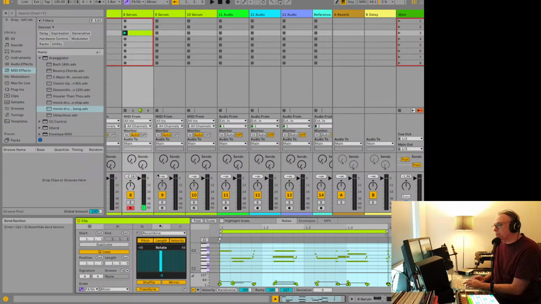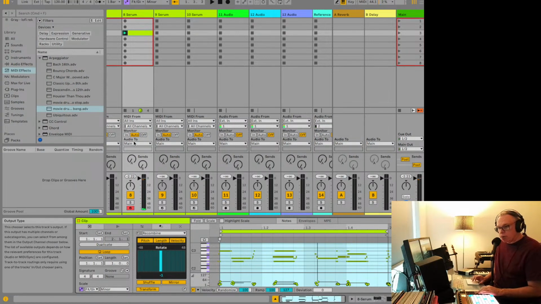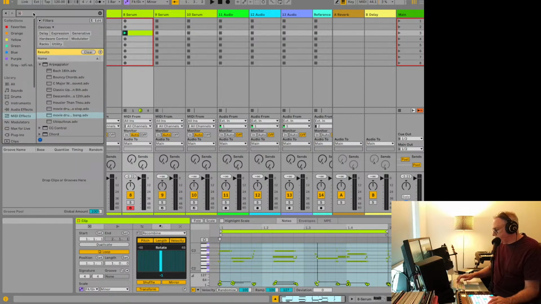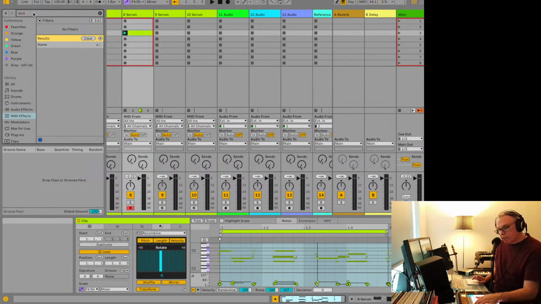Okay, this is interesting. What I'm going to do is, I know there's ways to do this in Ableton Live, but I want to add kick. The only thing I'm noticing here is, when I do add an effect,